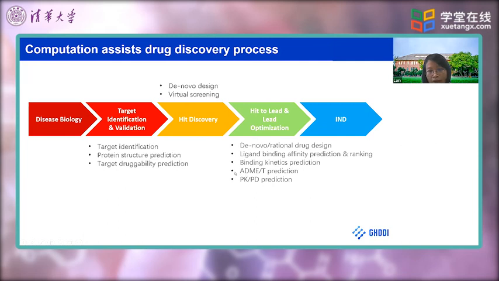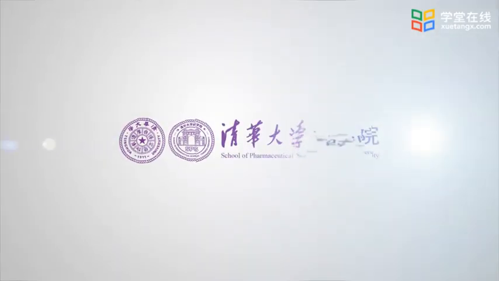As we know, to make a compound a drug, drug-like properties are very important. And there are methods to predict ADME and tox properties. And also there are mathematical models to predict PK/PD properties, and this is also very important to making a drug. Next, I will talk about one important factor related to drug potency.